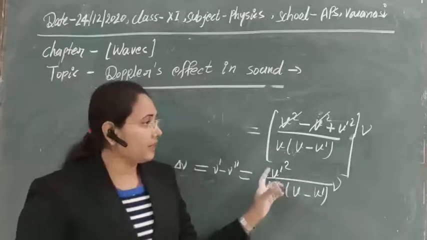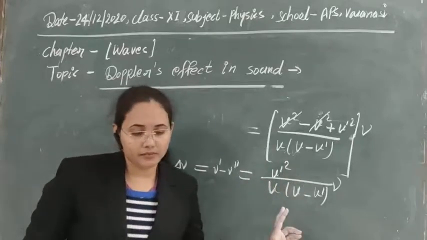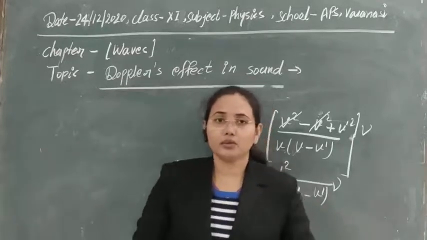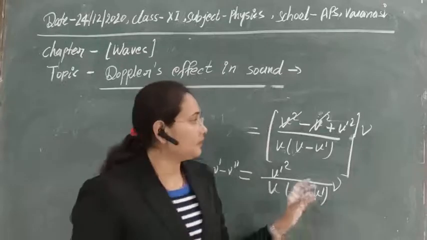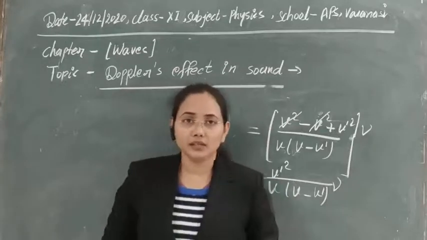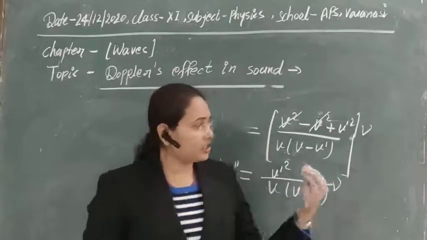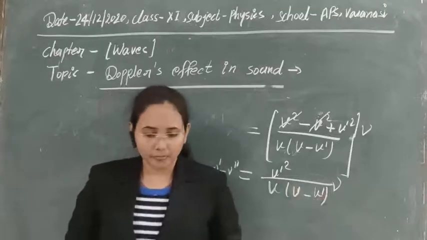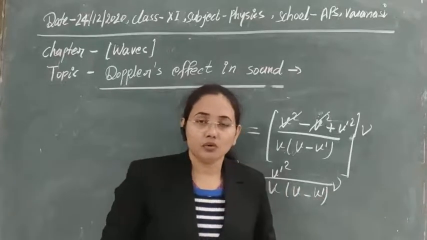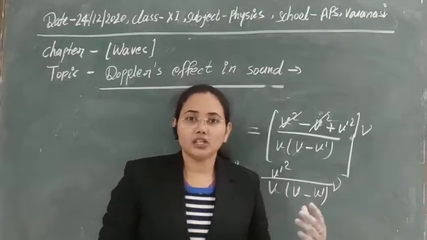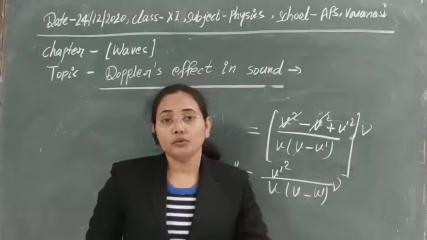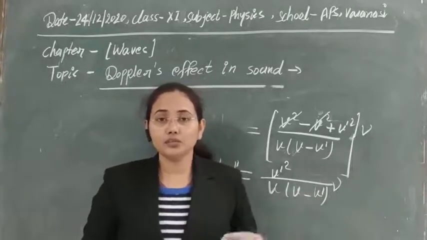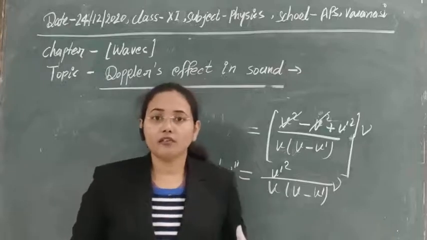So in our daily life, we use this knowledge of Doppler shift in many ways. It is used by the police to check over-speeding of vehicles. So over-speeding of vehicles can be checked by this. Also, you know that bats use Doppler shifting to